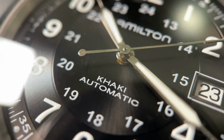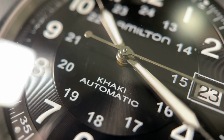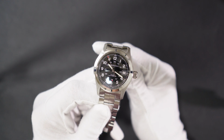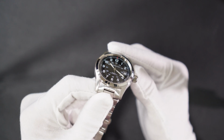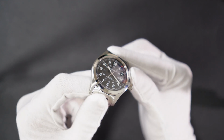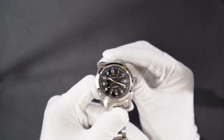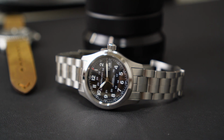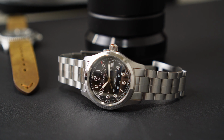Moving in right to the center, we have the inner dial where 24-hour markings and the Hamilton script are printed onto a subtle sunburst finish dial. I think this section really helps to complete the watch and give it a subtle hint of elegance in an otherwise standardized design. This will admittedly not be everyone's cup of tea, as I know that there are plenty who would prefer a more rugged and simple utilitarian design, but for someone like me who enjoys hints of elegance and finesse in whatever category of watch, this dial is quite a standout in its category once you've taken a good